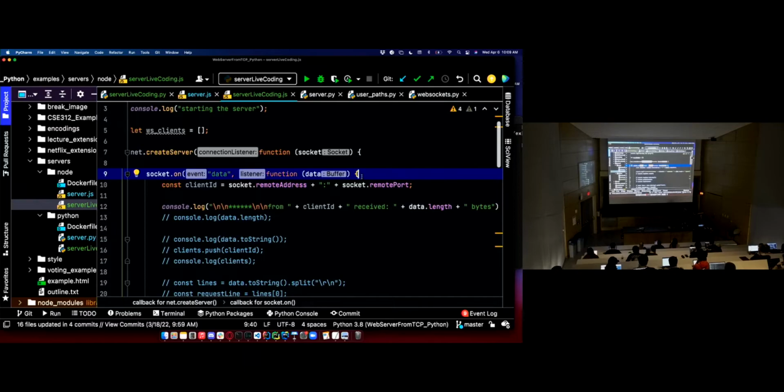And then new connections would be created on separate threads with separate calls of that method. Not the case in JavaScript. The same in Scala using Akka. I don't think I've ever even opened that server this semester, but I have a Scala example that works the same way. And other languages, I forget which other ones use this setup.